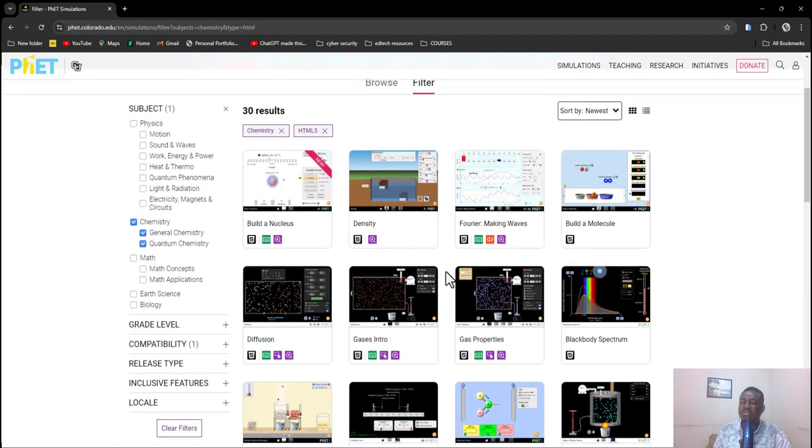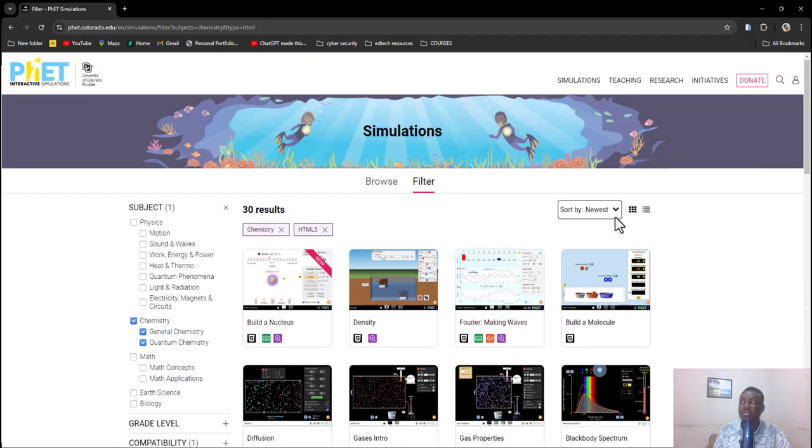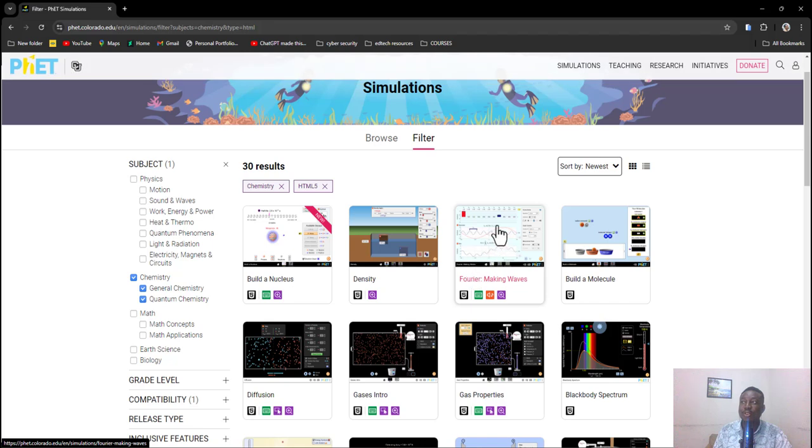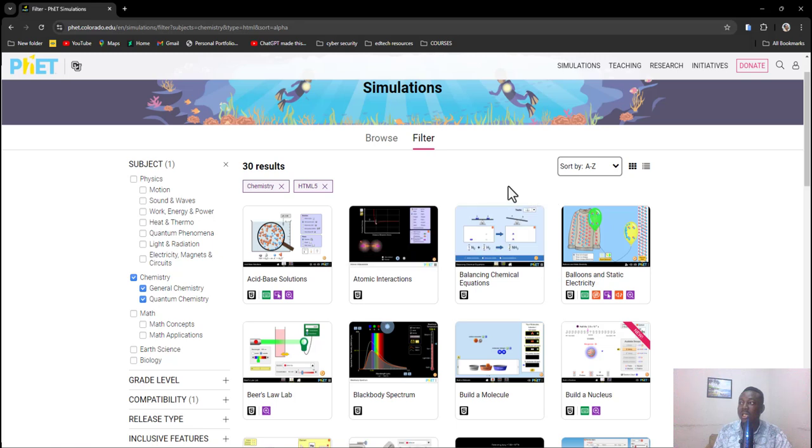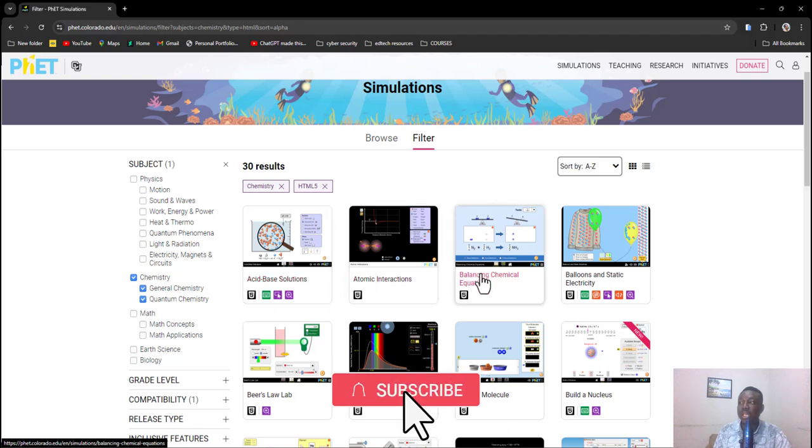And remember, we have over 1.5 billion simulations, so you could get simulations on almost every STEM topic here. Now I'm going to filter this alphabetically, A to Z, because I'm looking for a particular simulation to demonstrate. Okay, so I'll go with the balancing chemical equation simulation here